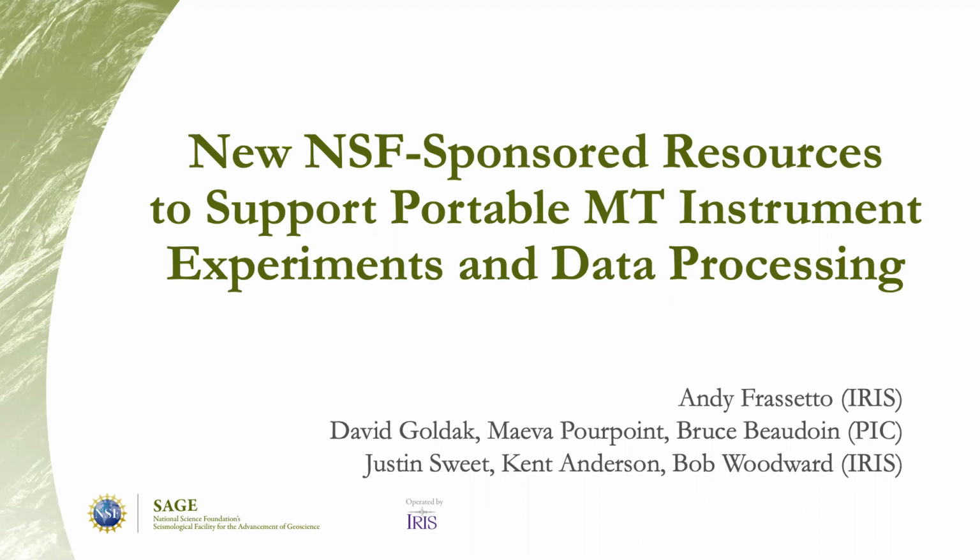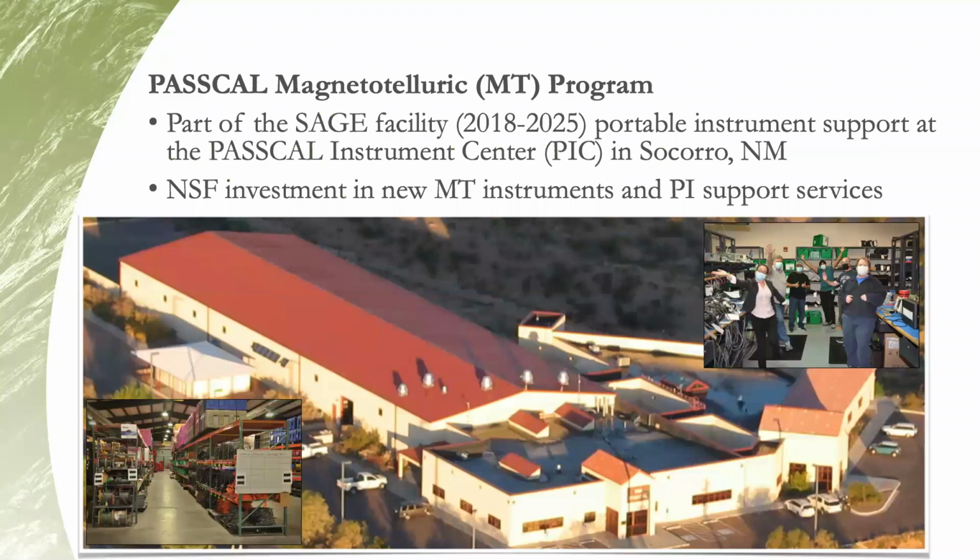I want to start by thanking all my co-authors, but especially David Goldak and Maeva Pourpoint at the PASSCAL Instrument Center at the New Mexico Institute of Mining and Technology, and Justin Sweet at IRIS, who are all playing major roles in this work. PASSCAL stands for Portable Array Seismic Studies of the Continental Lithosphere, and the PASSCAL Instrument Center,